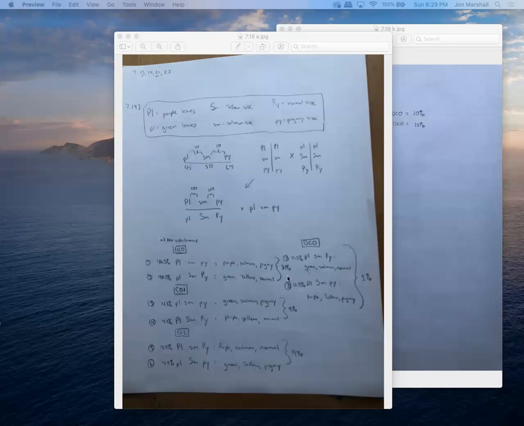So here you come over to here and you say, if there's no interference, then we should expect the double crossing over events to occur in 1% of the offspring. And so we see here the two different genotypes from this cross, in the offspring, that would result from that double crossing over event.